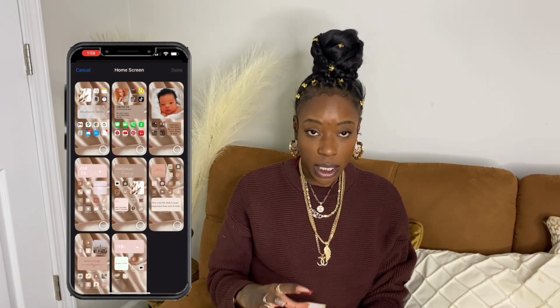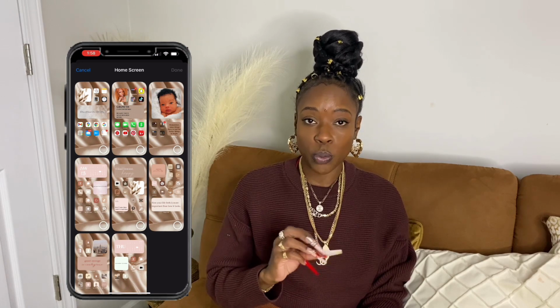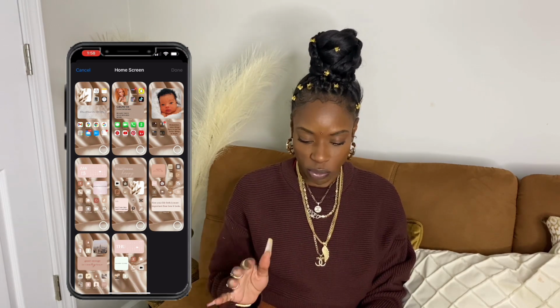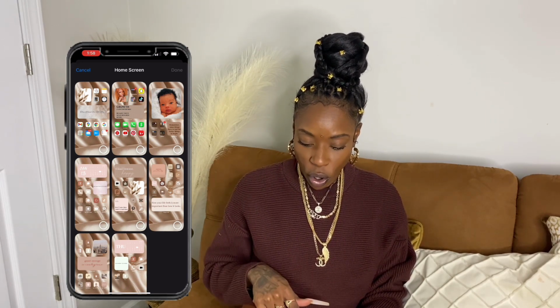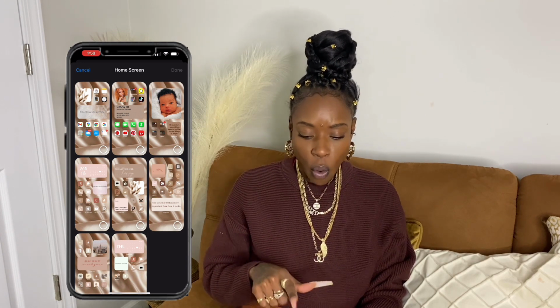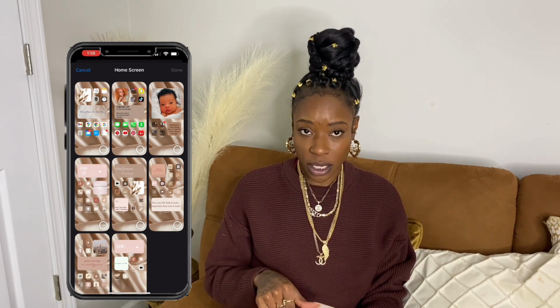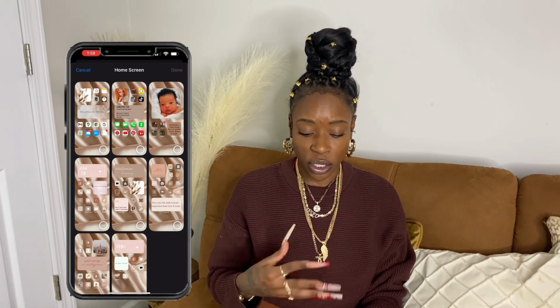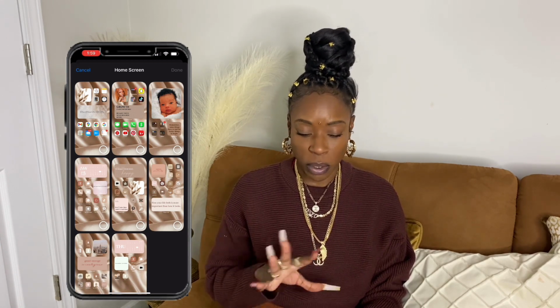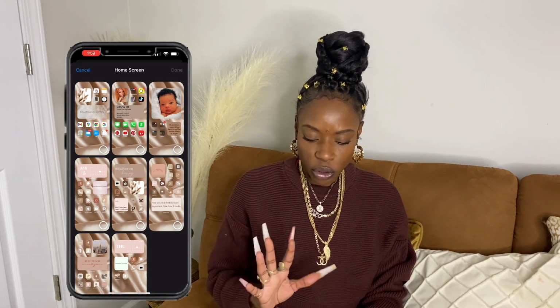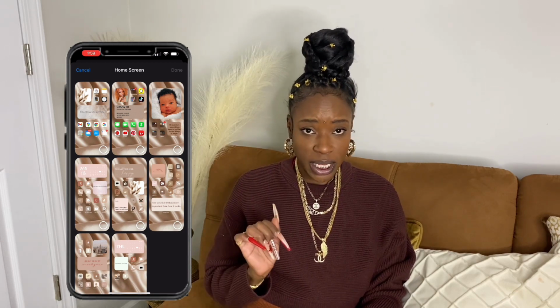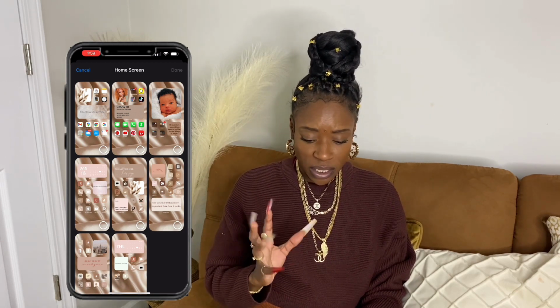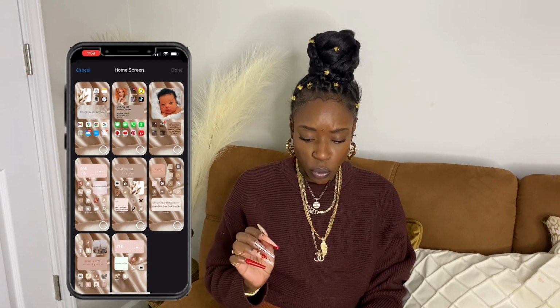So now you can click and choose what pages you want to show whenever you activate this focus. So basically you can have all your little fancy pages showing, or you can have all your regular app icons showing for, like, say if you're at work and you don't want to be that fancy, you know, you just want to be basic, regular, you know, you can choose which pages you want. Or just say you don't want your messages and stuff like that to show, and you just want